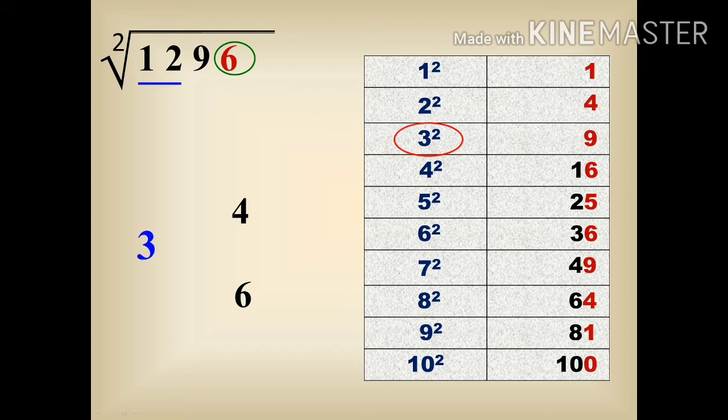In the previous examples, we have only one number in the units place, so it's very easy to find. Here we are having two numbers in the units place, that is 4 and 6. So there is a possibility of getting 34 or 36. Our next step is to find which number will come in the units place. For that, we have to multiply the number 3 with its next number 4. If we multiply, we will get 12, right?